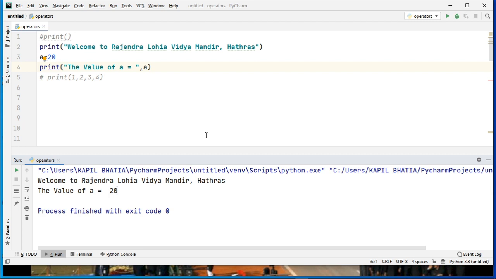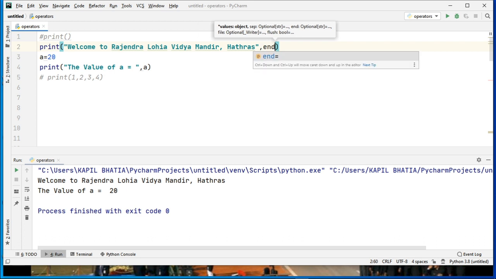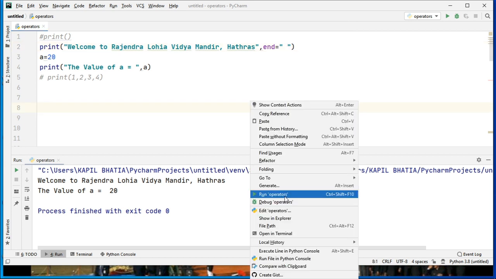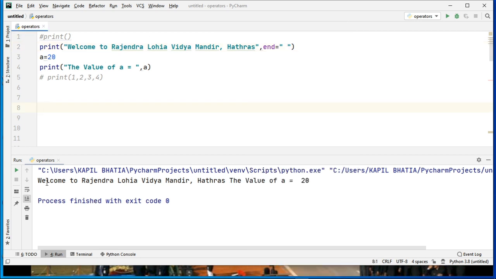If I want the output of this statement and this statement in the same row, then what we have to write over here is end is equal to, and suppose I write here a space. So after executing this program, you will find the output of this statement and this statement in the same row.